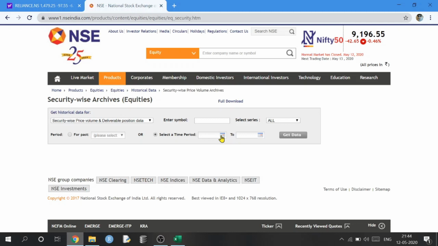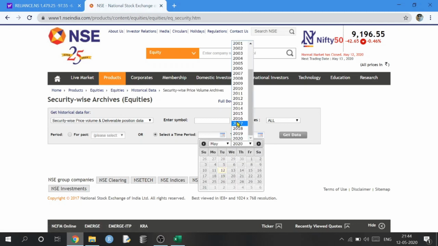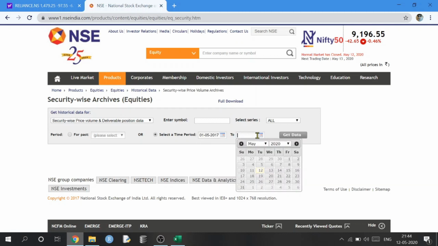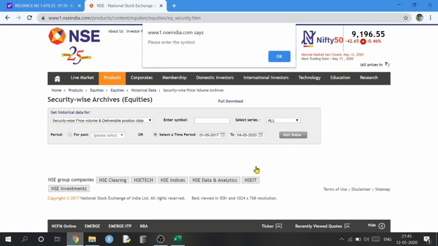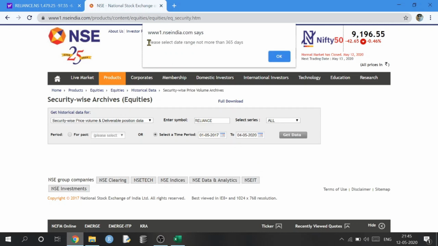here you will see if I put in a time period of more than, let's say, a year, let me put the symbol here. It is saying that please select data range not more than 365 days.